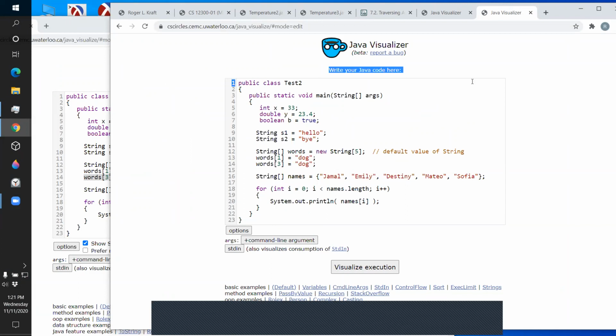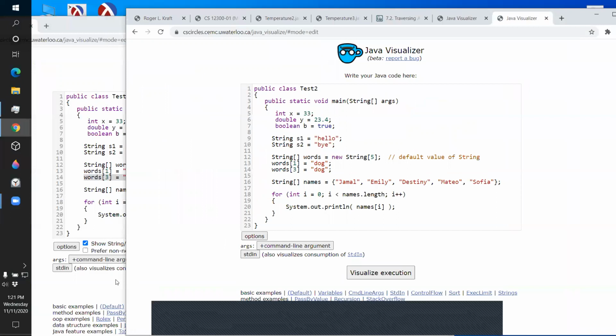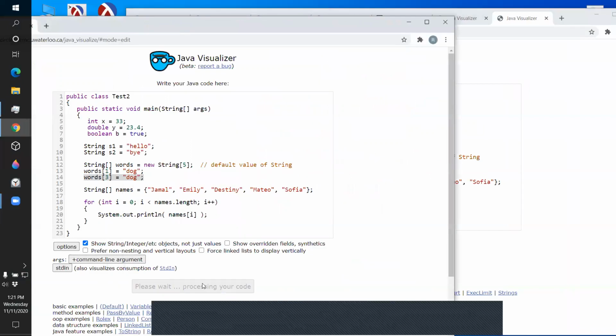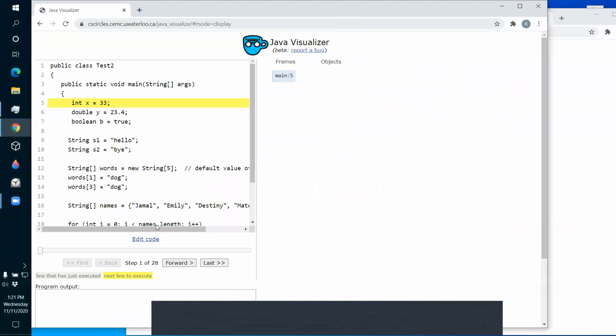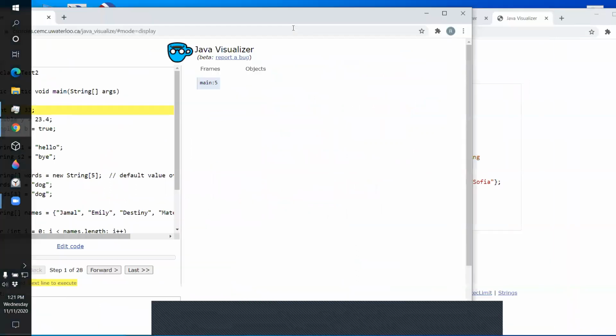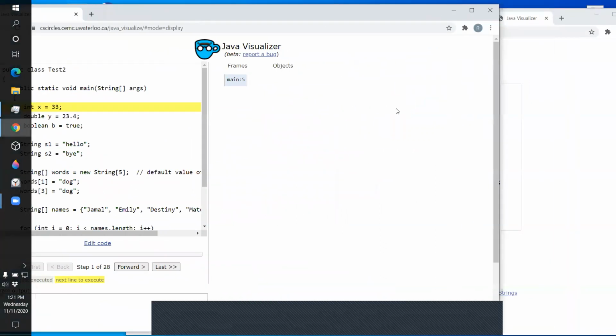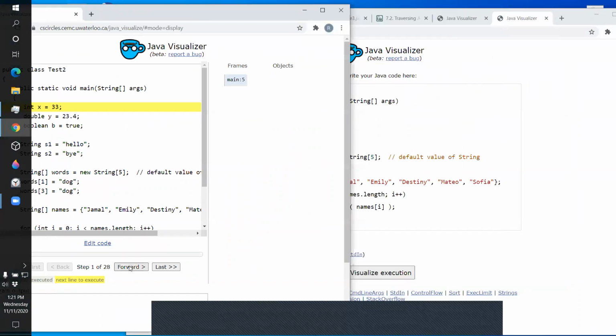Now let's visualize them two different ways. This is the right one. There are the primitives.